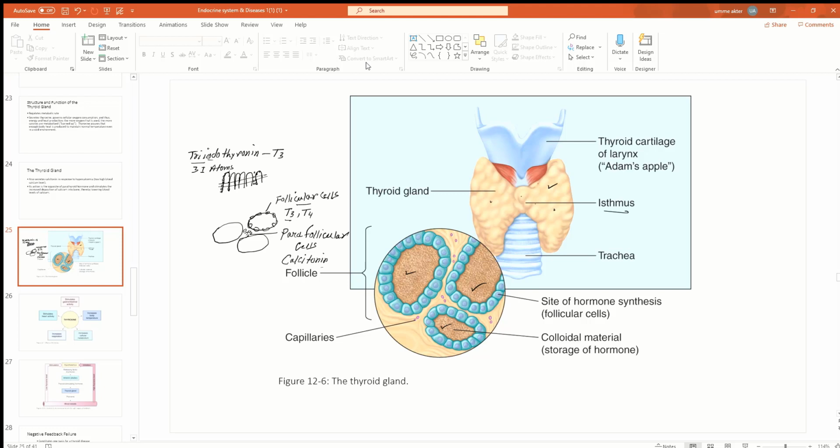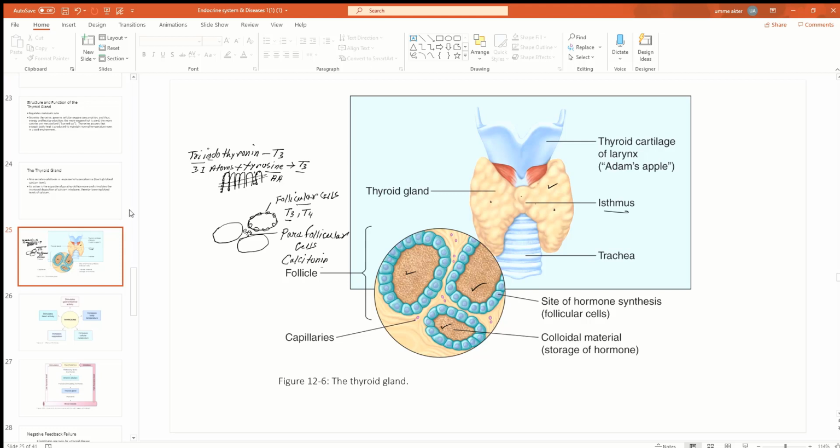Okay, three iodine atoms bind with an amino acid that is called tyrosine. Okay, so tyrosine is an amino acid, and three iodine atoms bind with tyrosine to form T3, this hormone. Okay,